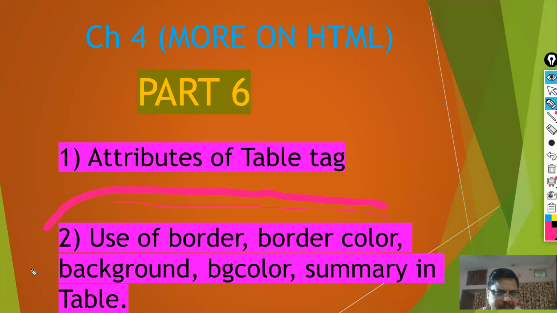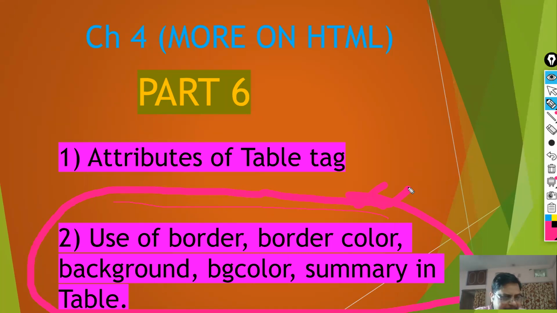These attributes are very important for your table tag, because border will give the sides of your table. That means whatever edges your table has will be specified by the border attribute.